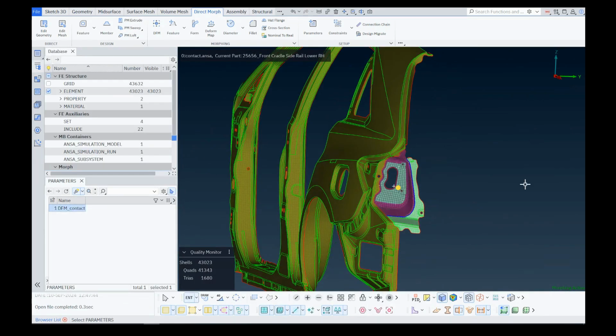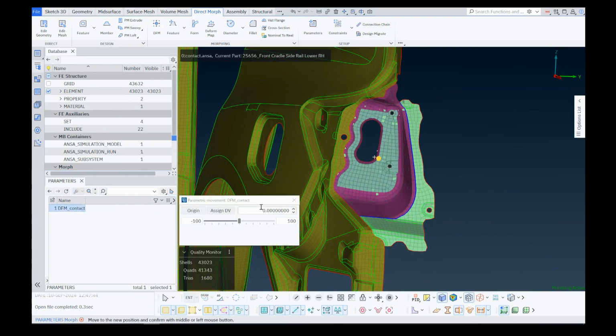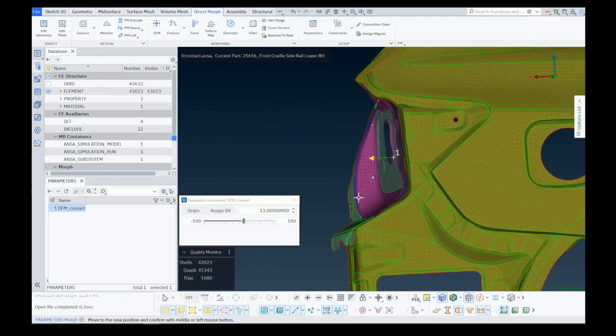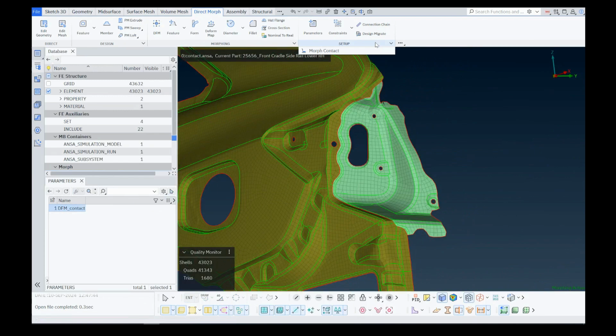Let's suppose that we have a parameter that we want to morph according to a specific value. Since this is very close to another part, it will cause some intersections after morphing it beyond the specific value. For that purpose, the Morph Contacts tool was developed. In previous versions, it allows us to define specific areas that would perform some corrective actions, in order to ensure that we have no intersections, especially in optimization cases.